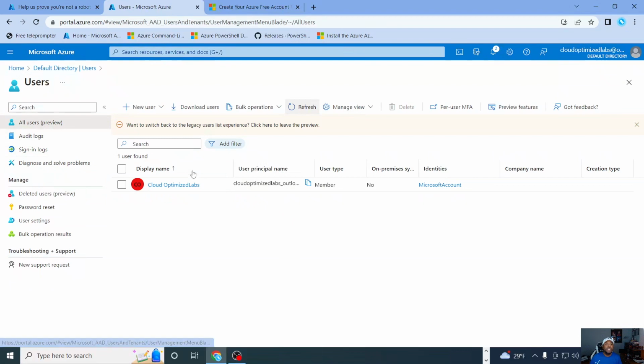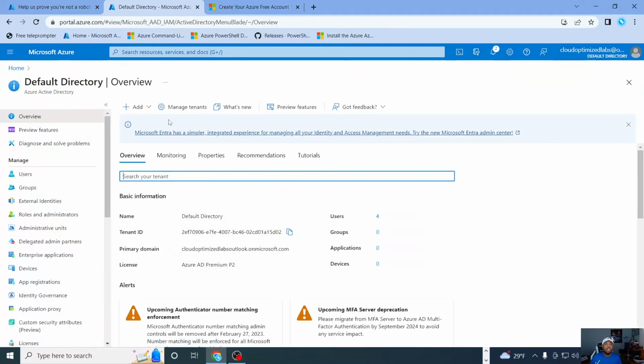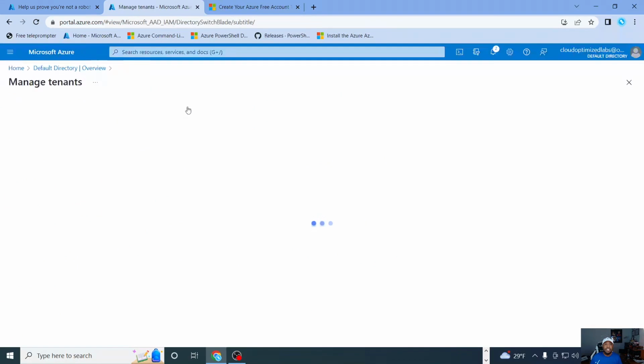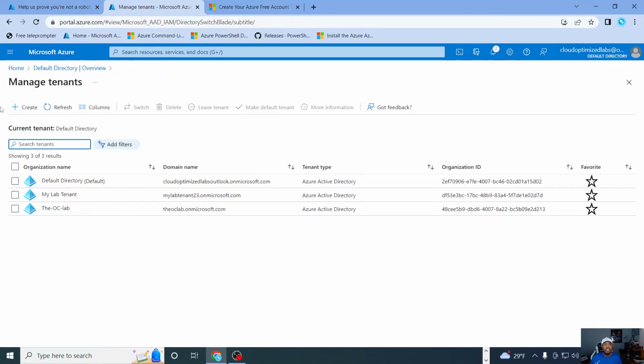We did use a free trial for our Active Directory account. So let's go look at our tenants. So we are in the main blade of our default directory, and we're going to click on Manage Tenants. And as you can see here, we've got our default directory and the tenant we created today. And I'm going to go ahead and click on both of these, and I'm going to delete these as well,